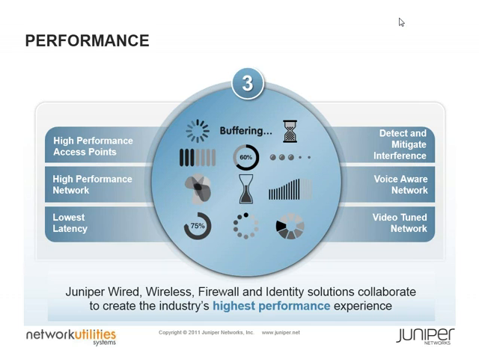In addition to that, I mentioned the QFX, the Q Fabric series, which are low latency switches that are purpose-built for high throughput. It reduces the number of hops you have in your network. It also reduces the number of tiers you have in your network when you talk about perimeter, access, distribution, core, and so on and so forth. Also, Juniper's wireless LAN controllers have built-in by default rogue access point detection for security, as well as channel conflict detection to help detect and mitigate interference on your wireless network.